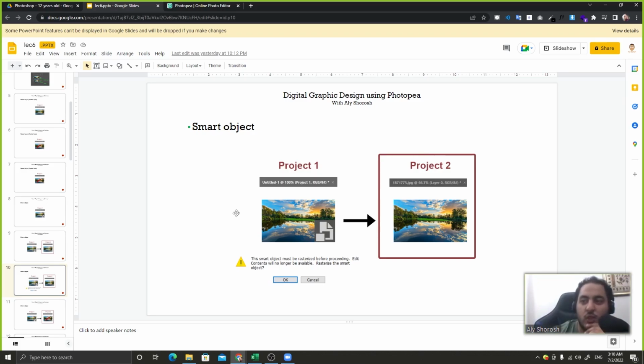Edit content will no longer be available. Rasterize the smart object. Okay. Here we understand two things. He wants me to rasterize the smart object, which means I convert the smart object to a normal raster layer. And the second thing he wants to tell me is that I can't